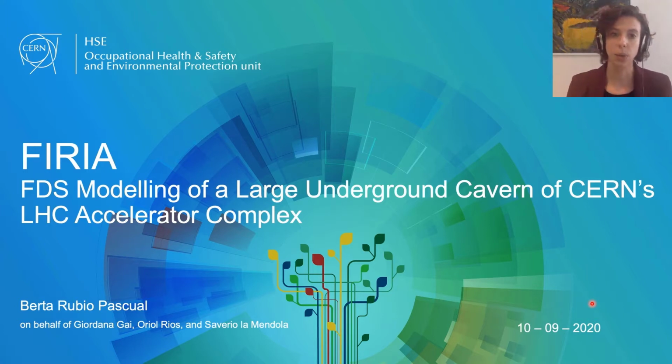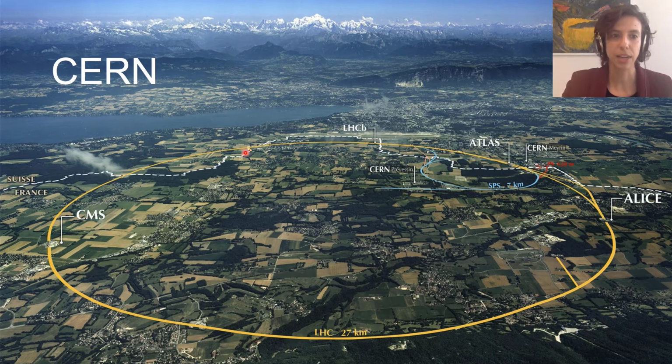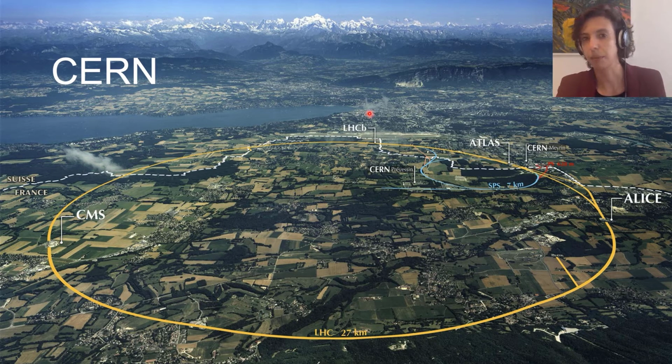So before I start with all the details of the analysis and the challenges, let me briefly introduce you to CERN. As some of you may already know, CERN is the European Organization for Nuclear Research, and as such, it is a particle physics laboratory that houses the largest accelerator complex ever built worldwide. In fact, here you can see on the screen a drawing of the Large Hadron Collider, the LHC, on top of an aerial view of the region where CERN is located, in between Switzerland and France, and some of the main highlight experiments and sites are